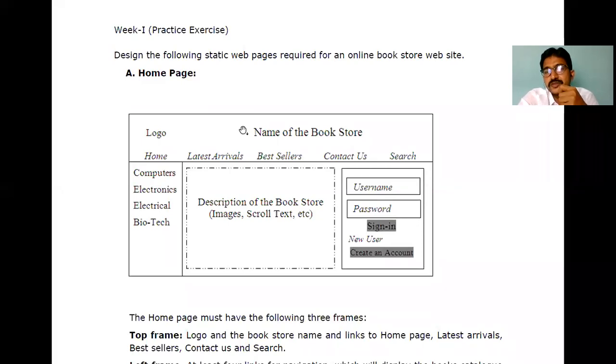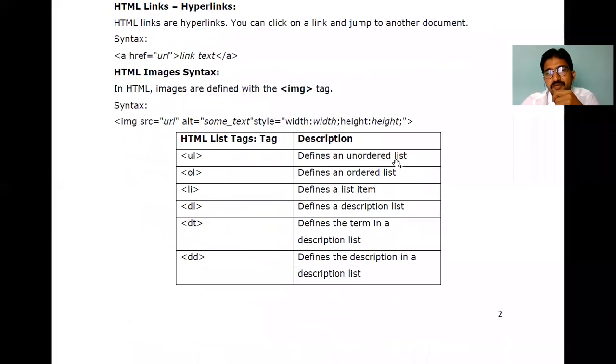If you want to merge rows, it is rowspan. So colspan is merging 4 columns. Why 4 columns? Below the first row, the second row consists of 4 different columns: latest arrivals, bestsellers, contact us, search. We need to merge the second column of the first row, as per the style of the second row, from the second column to the last column. That is the meaning of colspan here.